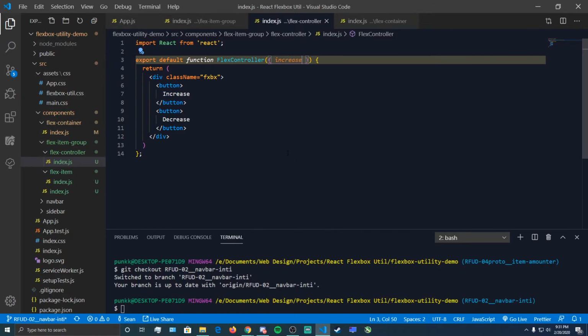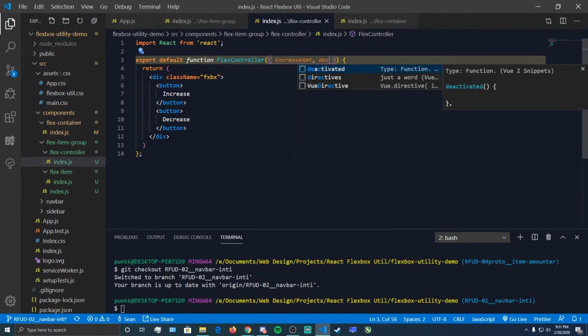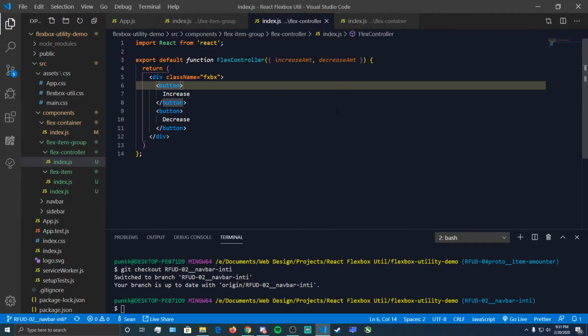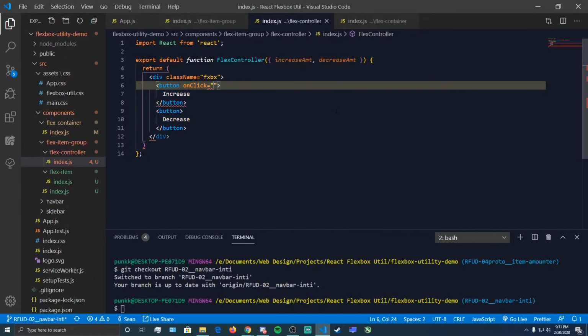So we'll destructure increase amount, and then we'll also destructure decrease amount. Cool. Now we can call upon those inside of our components. So inside of this button right here, we're going to add a click listener. So not at, it's not Vue, onClick equals